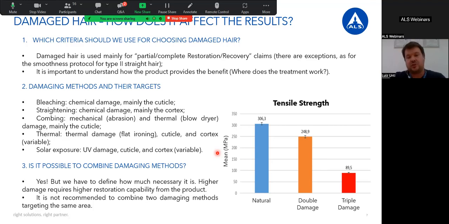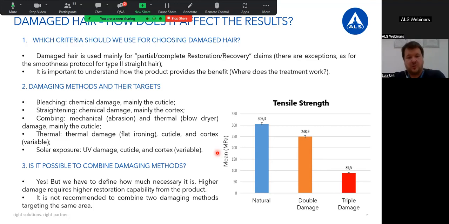But if you want to show a full recovery of the fiber, both the cortex and the cuticle, then we may have to choose a damaging type that combines both, or we have to combine two different damage